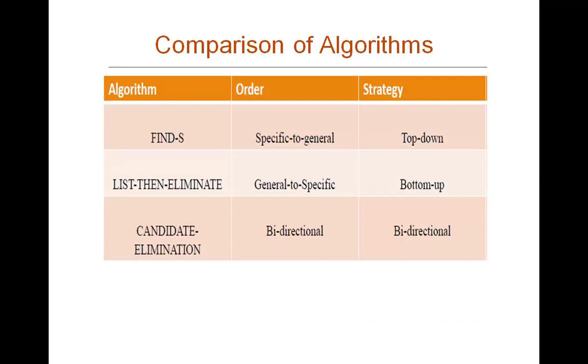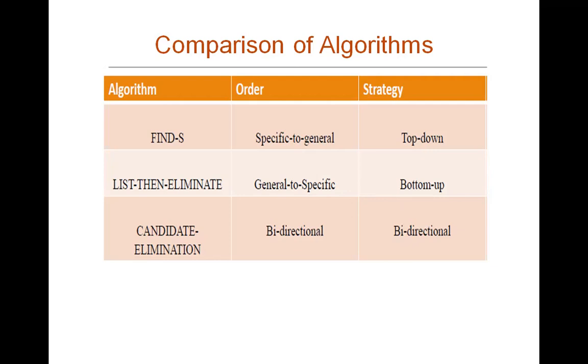So we have seen for concept learning, we have seen three kind of algorithm. Find-S algorithm, order of execution, how you will start, we'll start from specific and we'll move towards general. Top down approach it is. List then eliminate algorithm, we'll start with general and we'll come to specific hypothesis. Bottom up approach. In candidate elimination algorithm, it's a bidirectional. For positive cases, we'll move from specific boundary. For negative cases, we'll move from general boundary. So it is a bidirectional algorithm. For concept learning, three algorithms are there, and this is the detail.